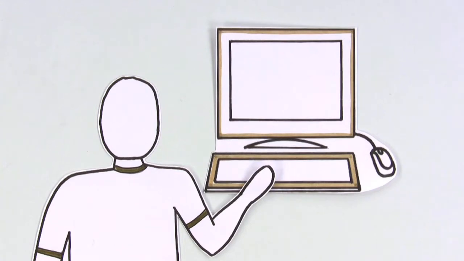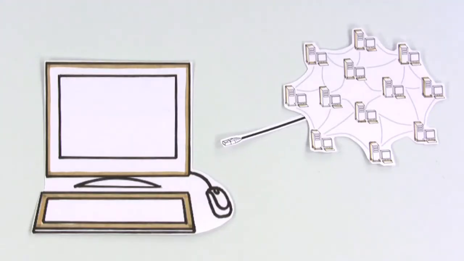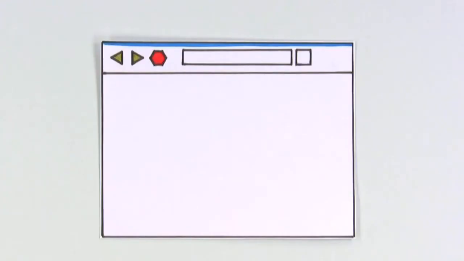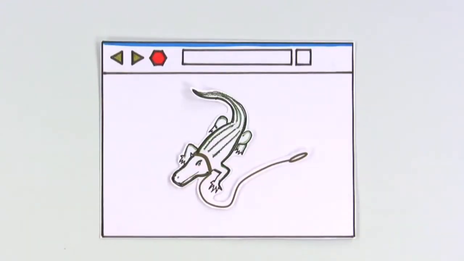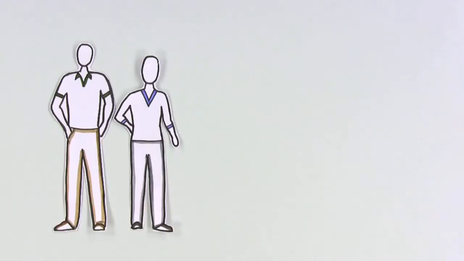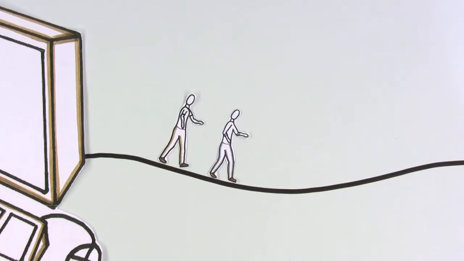Have you ever wondered, when you visit a website, where those words and images come from? These days, as long as we have an internet connection, using the web is pretty easy. We can visit billions of pages on things from pet alligators to the weather in Holland. To help figure out how it works, let's pretend we can get really small, follow the wires, and explore what